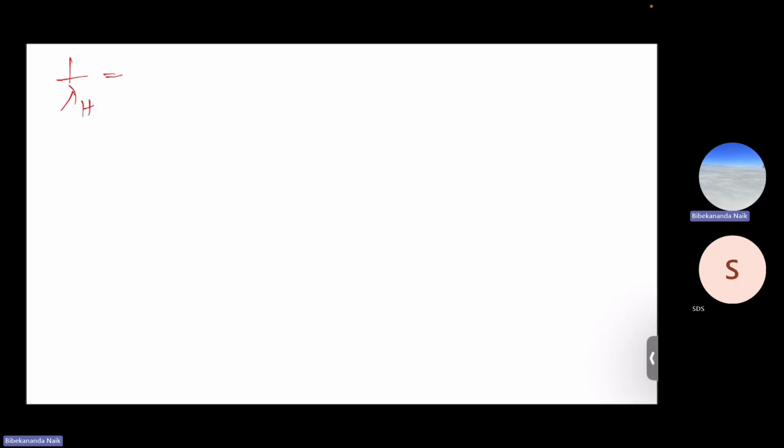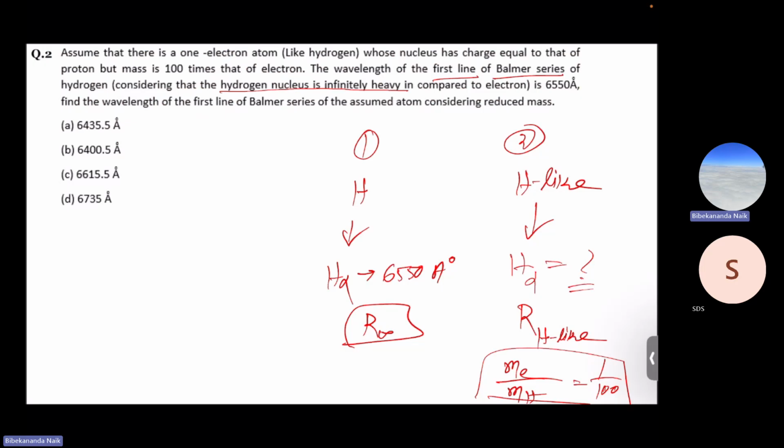It will be R infinite times (1 by 4 minus 1 by 9), that is 1 by 2 square minus 1 by 3 square, which is 5 R infinite by 36. So this is the first case, and the second case is a hydrogen like nucleus which has Me by Mh